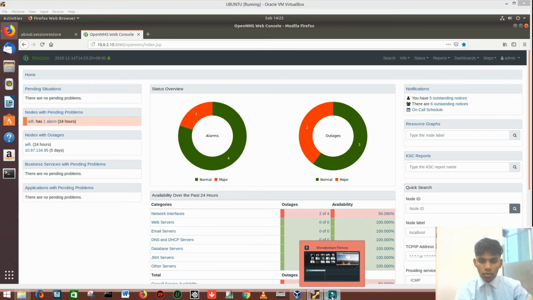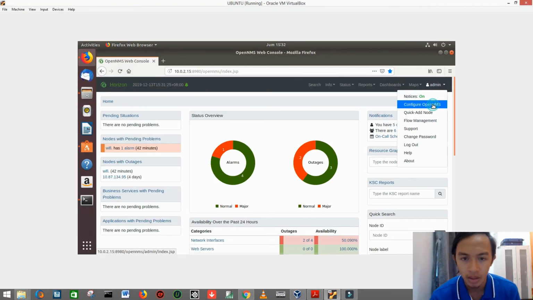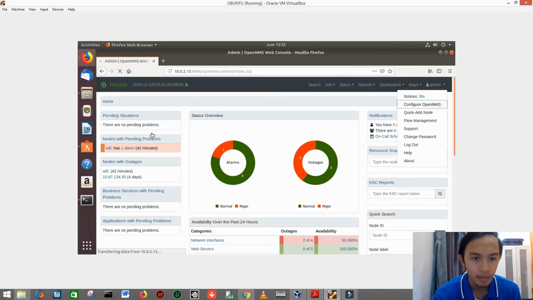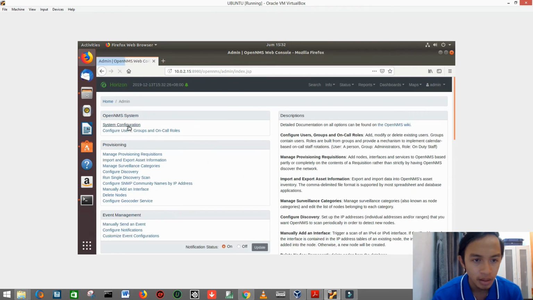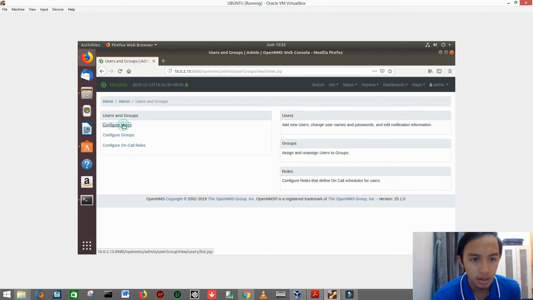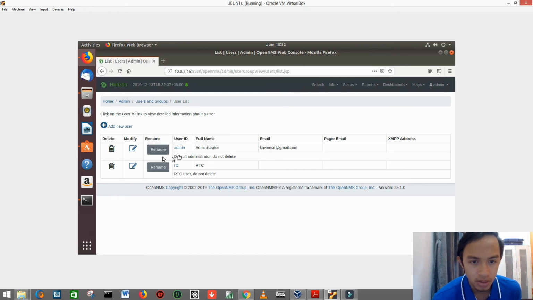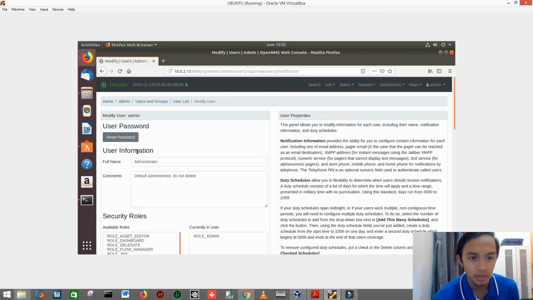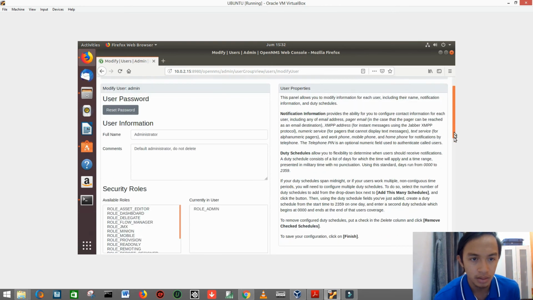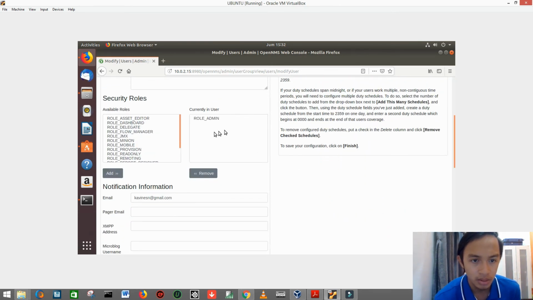Now under the admin, click configure OpenNMS. Under the OpenNMS, click configure users, and under users and groups, click configure users. So now we can see as an admin, click modify to modify the status. So you can reset the password, fill in your user information, set up your security role